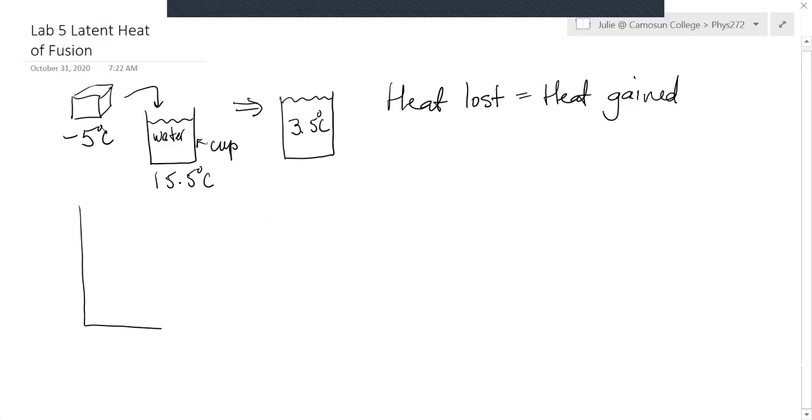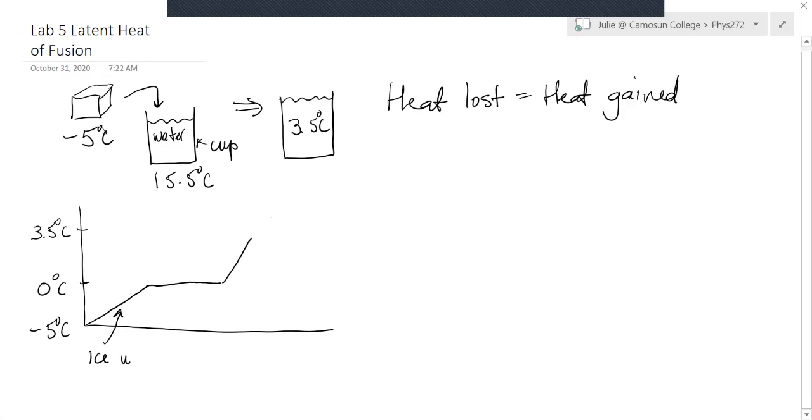the ice, if you just look at the ice, it starts at -5. It has to absorb heat to get to zero before it can melt. Once it's at 0, it then absorbs more heat as it melts, doesn't change temperature, and then it will warm up to the 3.5 degrees Celsius. So these are actually 3 different processes. This is the ice warming,